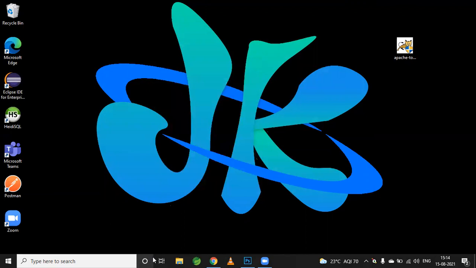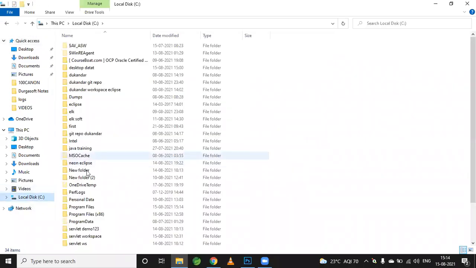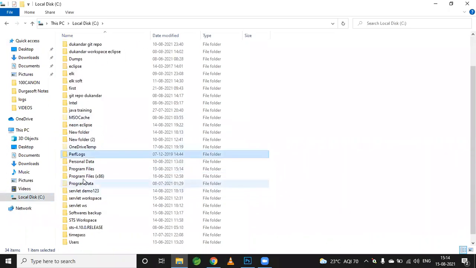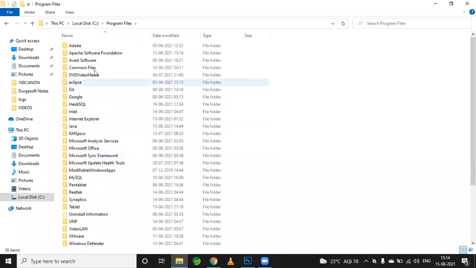So what we'll do now is go into the C drive and see whether the Apache Software Foundation folder is created inside our system or not. So yes guys, we can see the Apache Software Foundation folder inside your C drive, inside Program Files.